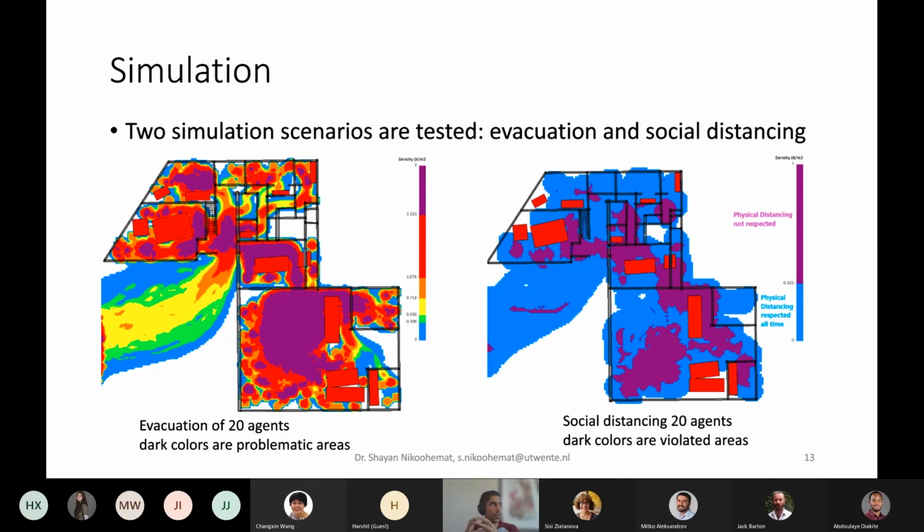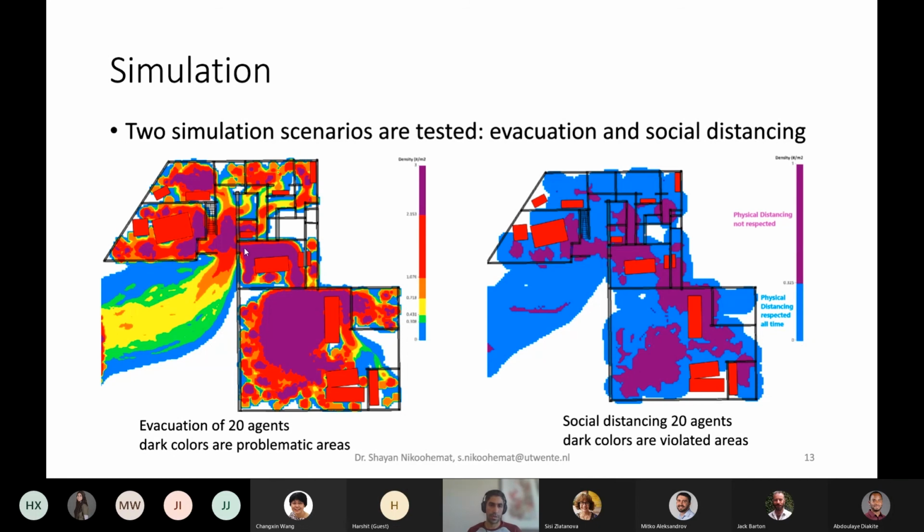This is really useful for some of the clients, for example train stations or airports or a stadium. They really need this to be able to see where the bottlenecks in the building are, and if a calamity happens, how they can avoid incidents. For example, here you see the purple area, it shows that there is a higher density, for example, this